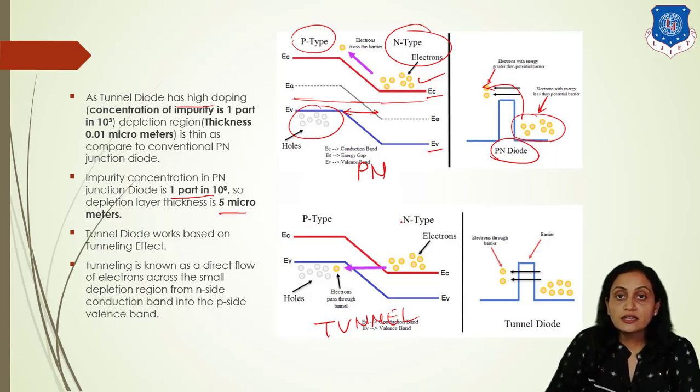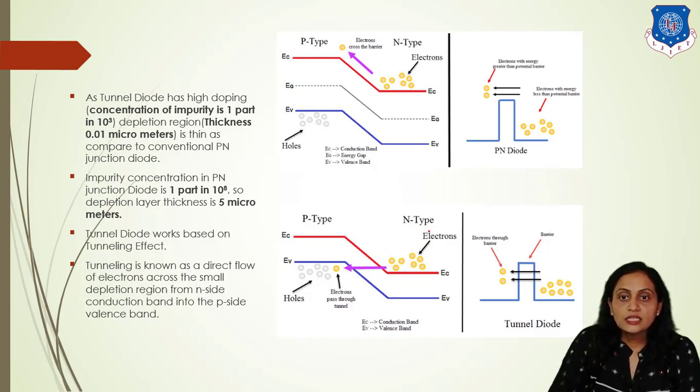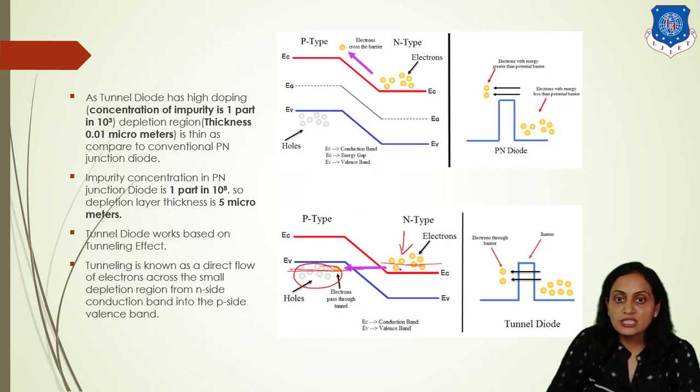Now this is the energy band diagram for the tunnel diode. So what difference do you find over here? In the tunnel diode, the impurity level is large, so the concentration of electrons in the n-type material is very large. That is why the Fermi level of this n-type material is in the conduction band, and in the p-type material a large number of holes are present. That is why the Fermi level of the p-type material is in the valence band. So when this p-n junction is formed, at that time these Fermi levels will try to line up with each other.